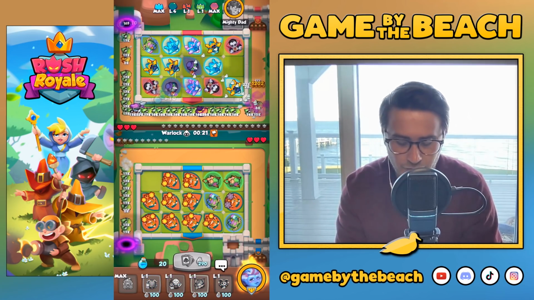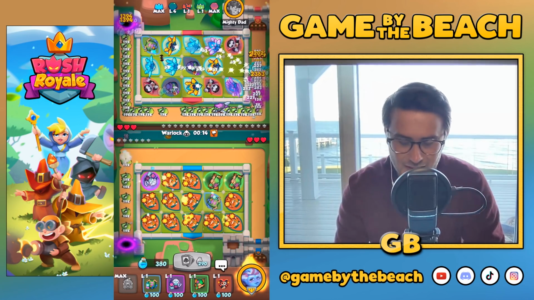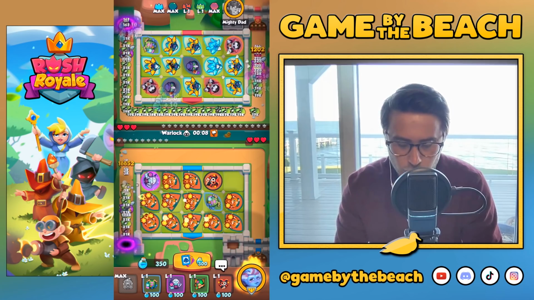Yeah, I could combine out there, but it's better to just wait. So I'm going to combine out there. And now our board is pretty much all the way full. We got 14 seconds. He's getting pretty far. We're going up against Mighty Dad. And it looks like we're going to...